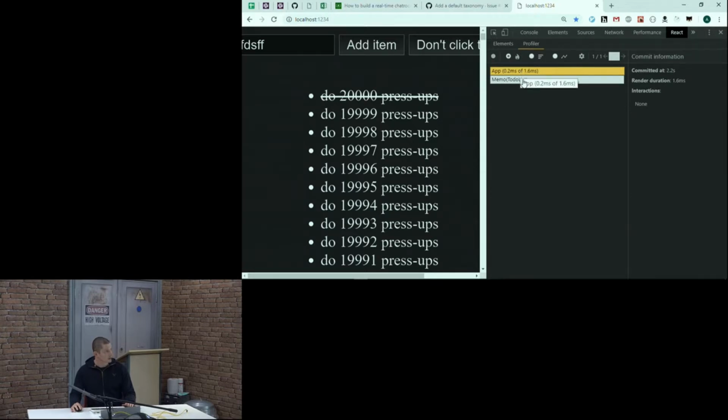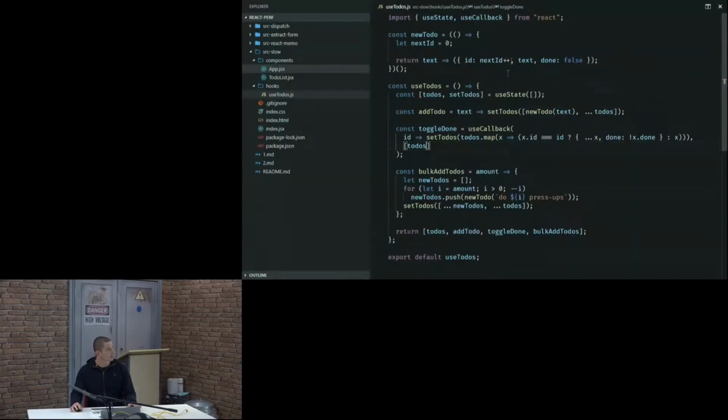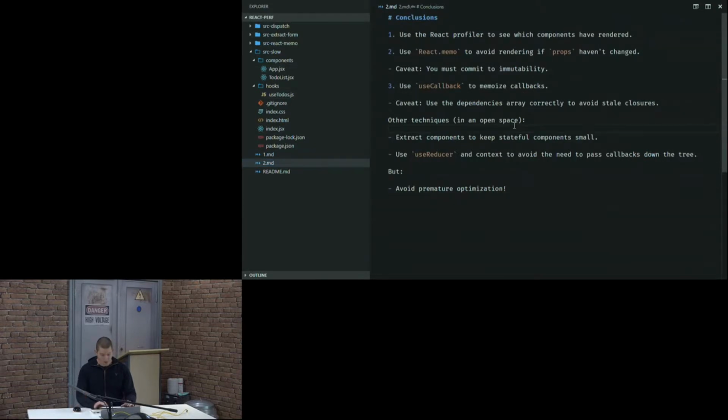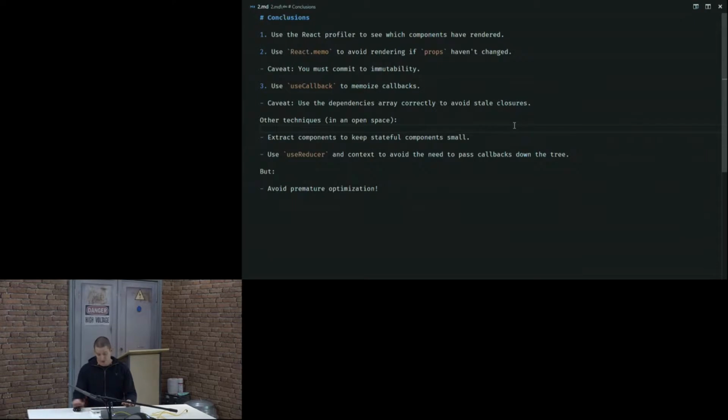So you can see the application renders, but the memoized to-do list is grayed out, which shows that this child component of the application did not re-render on the keystroke, which was the behavior we were looking for. So the conclusions we can draw from this: the React Profiler is a really useful tool for checking which parts